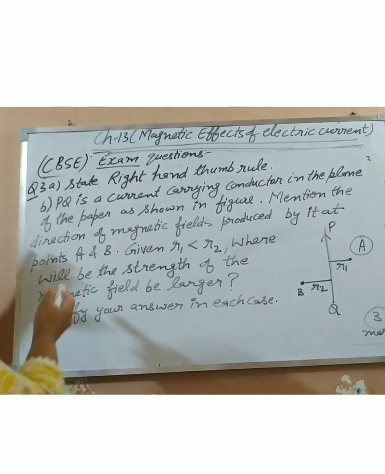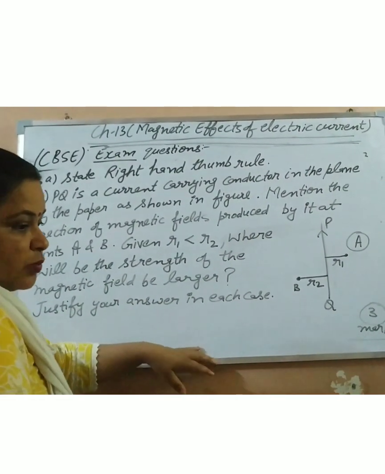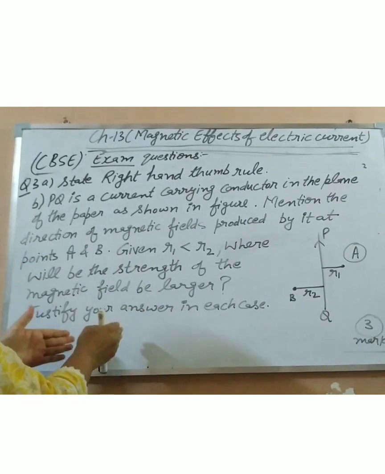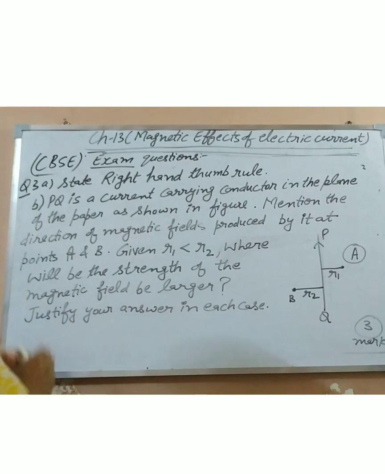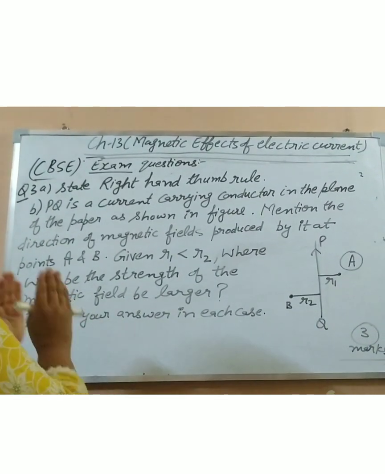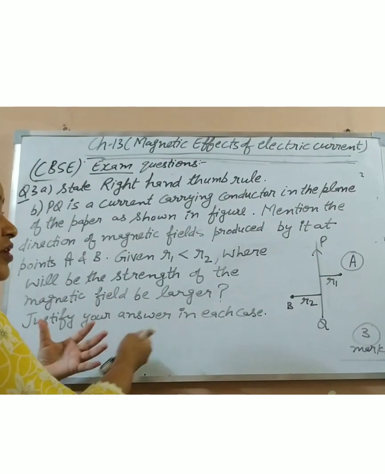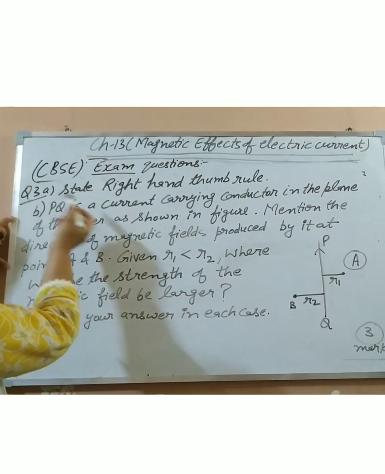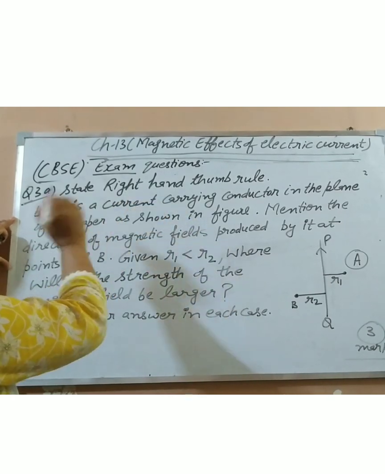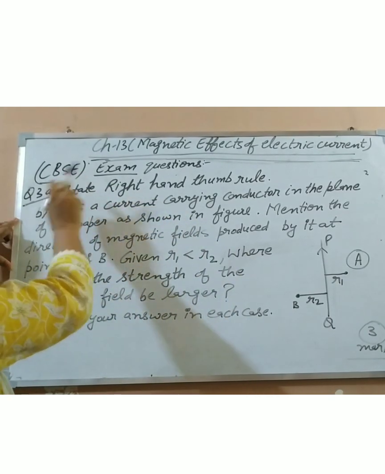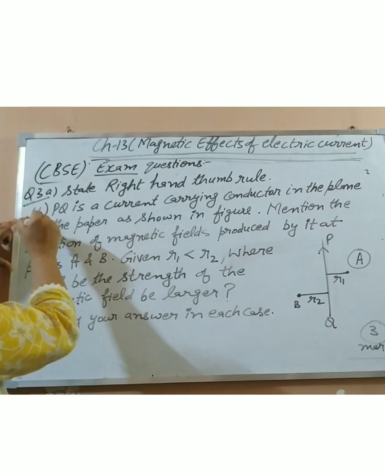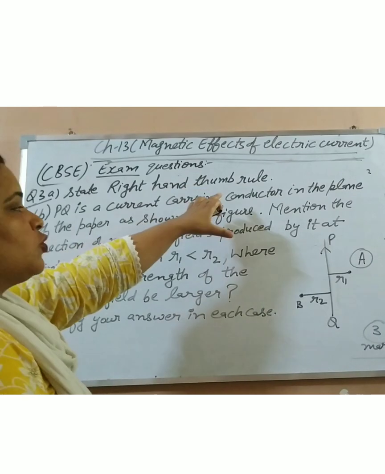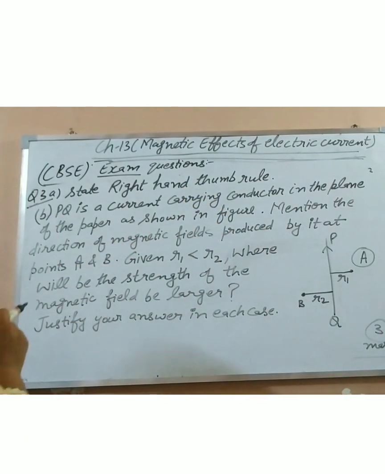What is the language? Just now we have done the straight conductor, one type, in the first question. Now see the same question of the straight conductor, how the examiner asks it in the paper. The same activity they used to ask in a different pattern. This was in the 2014-15 CBSE exam. The first part was the right hand thumb rule, meaning you have to give the statement of this rule.